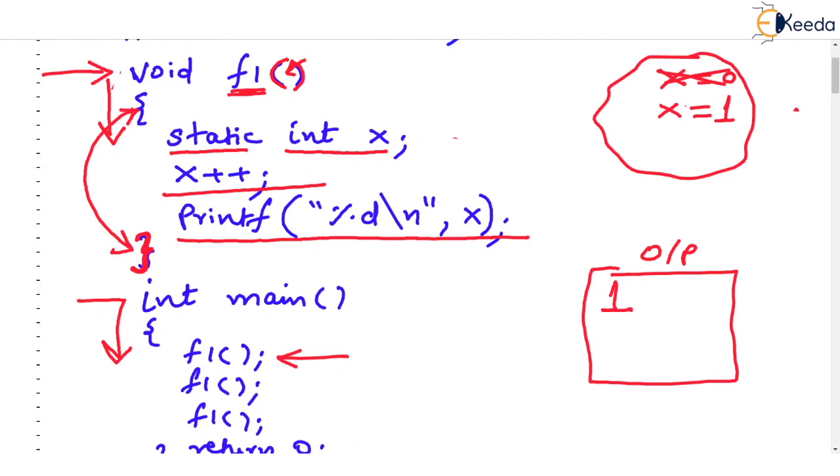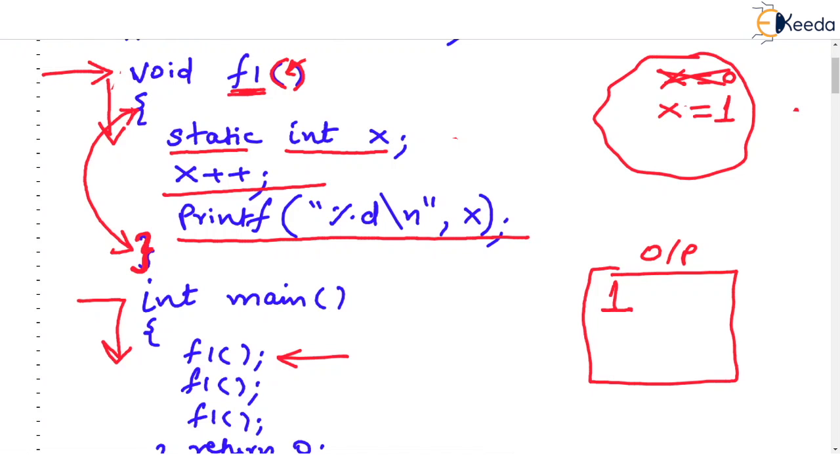You all know that whatever is declared inside the scope gets deleted when the scope ends. Come on, you know this. We have learned about auto storage class. If a variable or a resource is declared inside the scope, then that resource or variable is deleted from the memory as soon as the scope ends. But here is the twist. We have declared the variable x as static.